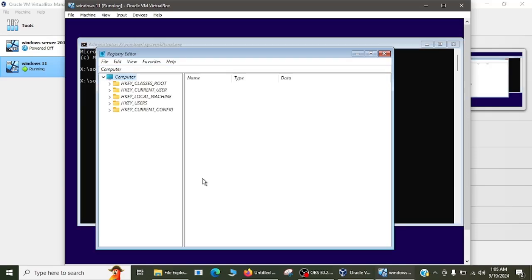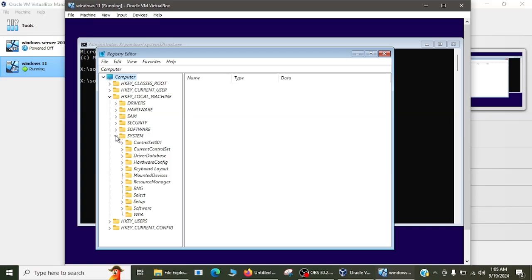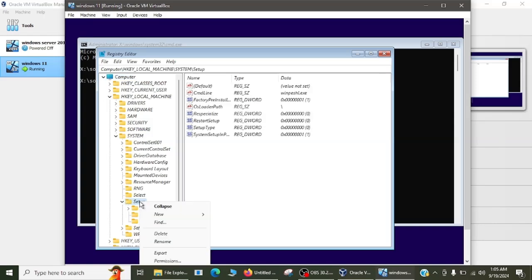This then brings up the registry editor, and here we're going to add in some new keys that will let us bypass some Windows 11 requirements so we can run it on our VirtualBox. We're going to come down to HKEY_LOCAL_MACHINE, click on the drop down arrow, go to System, and then go to Setup. I'm going to right click on Setup, go to New and go to Key,